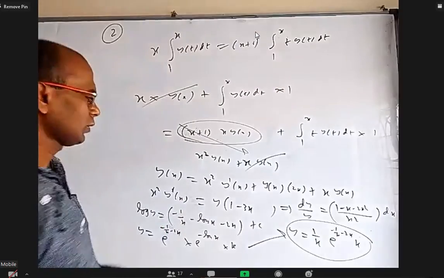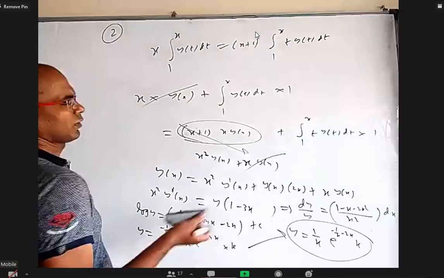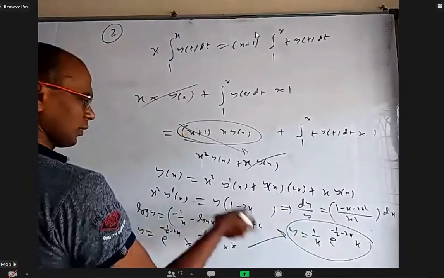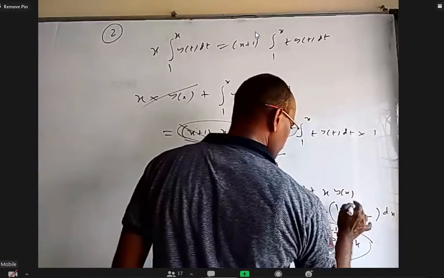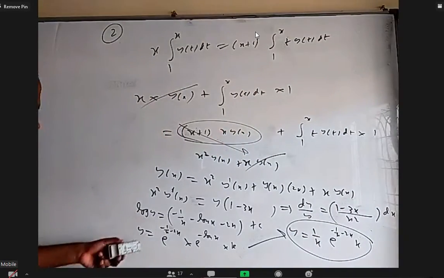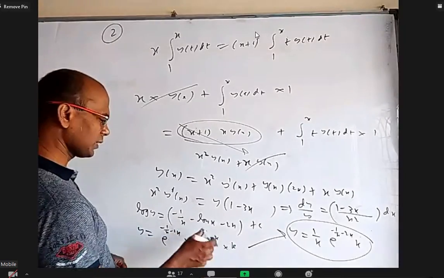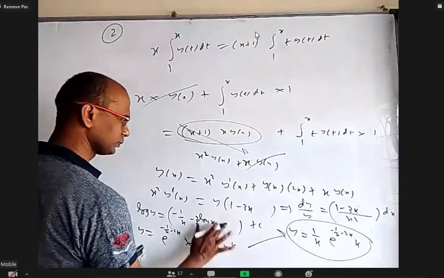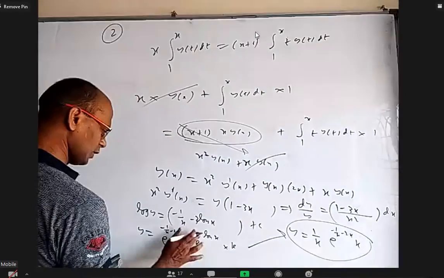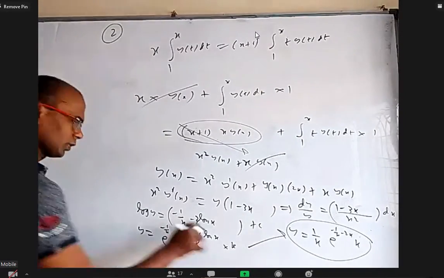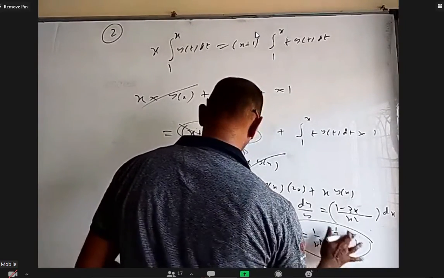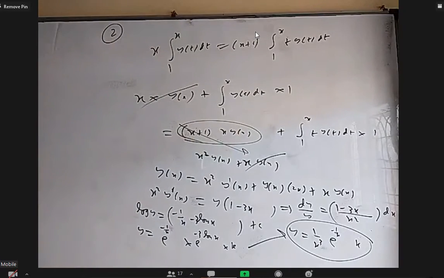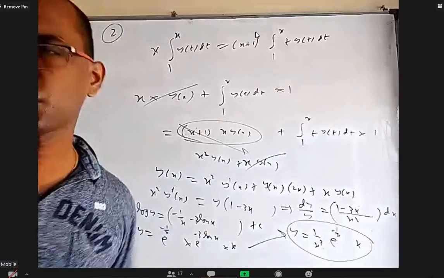This is y. Okay, y(x) is confusing, so I would have written y. So 1 minus 3x by x. Okay, then here it will be minus 1 by x minus 3 by x, minus 3 log x. Then it will be e power minus 3 log x. That would have been 1 by x cubed. Okay, now that is the answer. y equal to 1 by x cubed e power minus... Okay, this I wrote 2x square by mistake.